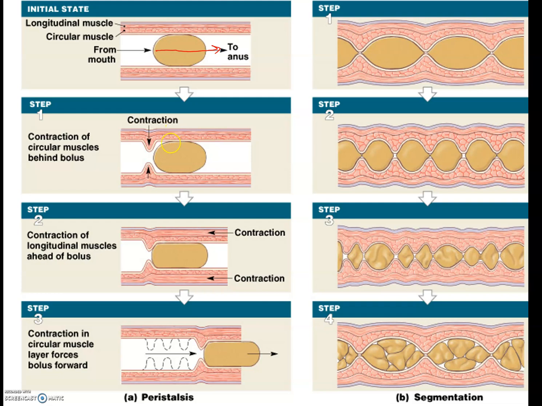So there's contraction of the muscle here that's going to move the food in this direction. When you have contraction here and food moving this way, the contractions then are followed by these longitudinal contractions here, which is then literally propelling the food forward. So the food can't go backwards, right? You can't do this because you have this region here contracted. So when you have a series of these circular contractions and longitudinal contractions happening, the food is propelled downwards